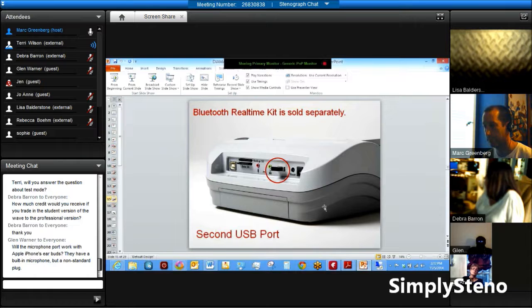The Diamante will hook up to a computer 3 different ways for real time. First one is straight USB. Cable will come with the writer. Second way is Bluetooth. So it's 2 little USB devices that plug into the writer, and one plugs into the writer, one plugs into your computer and allows you to do real time without a cable. We mainly use Bluetooth devices for reporters on CAT systems other than the Diamante,